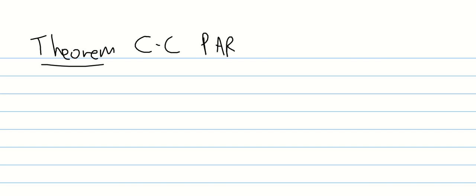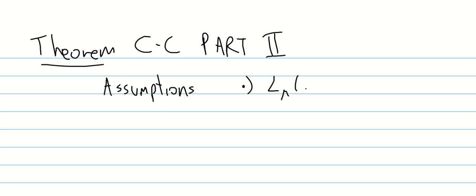So this is the important theorem of the class. This is Cramer part 2. There are several different ways to state this, but I'm not going to enter into these details. Let's assume two things. They are not big assumptions. They are not present in the original theorem. They are just to make our life easy. So assumptions: first, we assume that the Laplace transform is finite for every theta. This makes our life easier. And second, we assume that